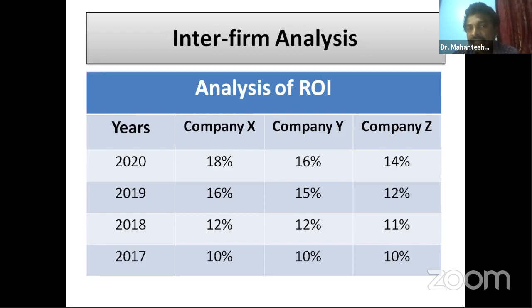If you take XYZ as TCS, Infosys, Wipro, so again, analysis of ROI, as I said before, need not be only ROI, it can be any financial variable. As an example, I am using ROI here. Now, in analysis of ROI, you are not just looking at your performance. If you are assumed to be company X in this example, your performance is like 10% in 2017 ROI. It increased to 12% in 18, 16% in 19, and now in the year 2020 your ROI has increased